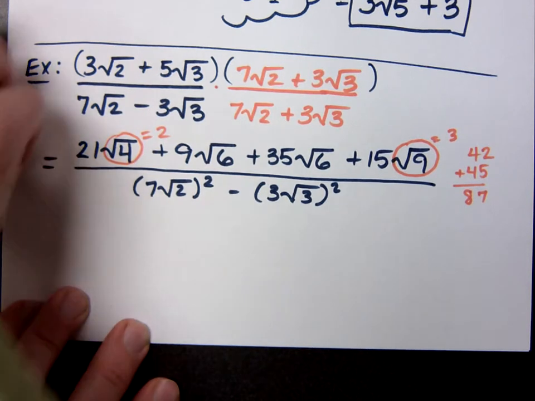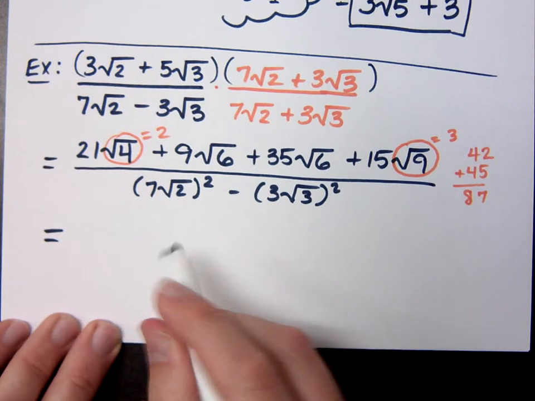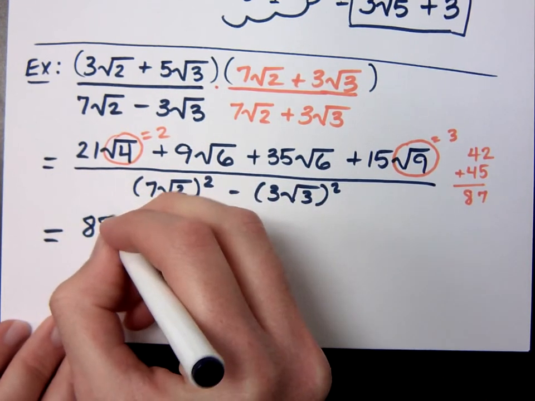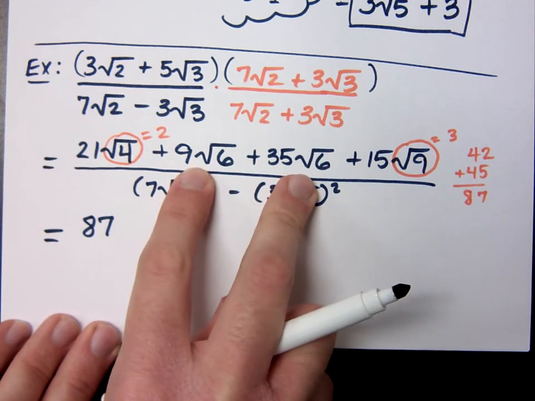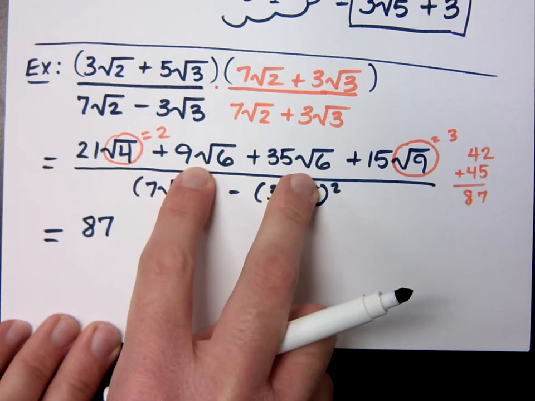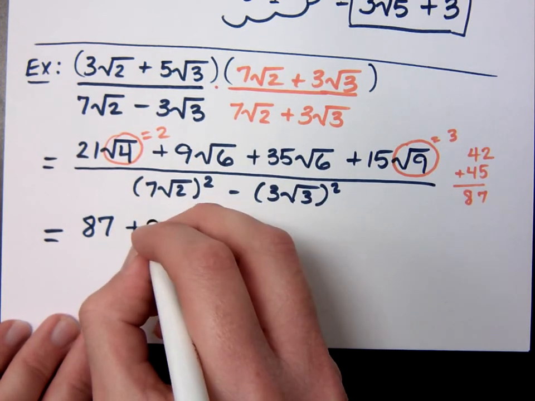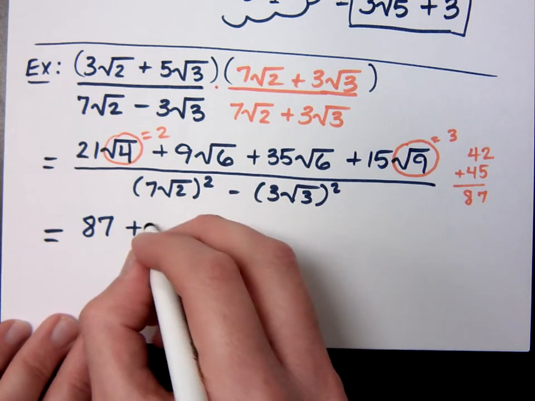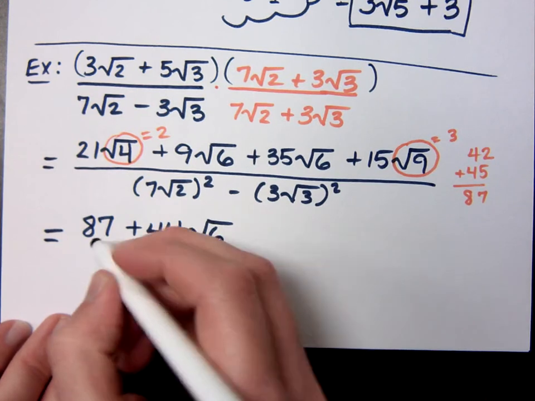So in my numerator, we have 87, that's the integer part. What about the radical part? I've got 9 and 35, they're both square roots of 6. How much is that? Seriously, what's 9 plus 35? 44. It's 44 square roots of 6